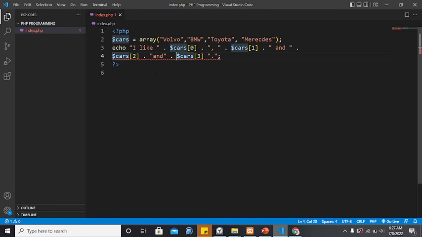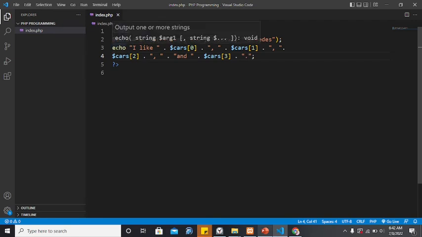Alright, so I just added Mercedes. There was just some formatting, but what you need to do is just add Mercedes, and then Mercedes will be on the index position of 3. So 3 will be able to access Mercedes, and then here you just format